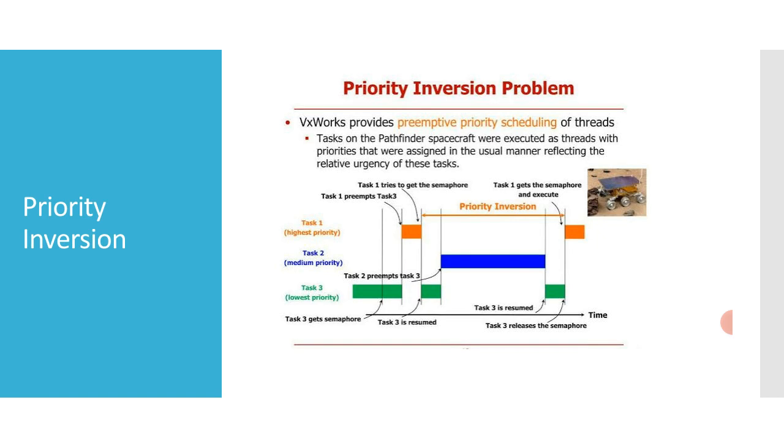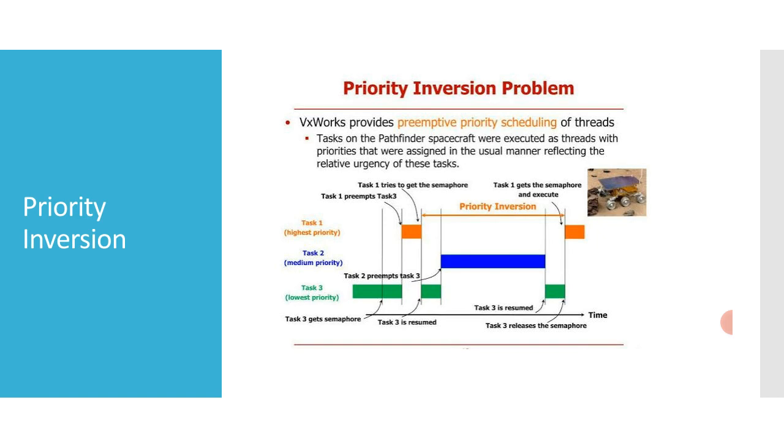If we could be assured that T1 would be blocked no longer than the time it normally takes T3 to finish with the resource, there would be no problem because the resource cannot be preempted. However, the low priority task is vulnerable to preemption by a medium priority task like T2, which could inhibit T3 from relinquishing the resource. The condition could persist, blocking T1 for an indefinite period of time. So instead of task 1, task 2, task 3, I am just using T1, T2, T3.